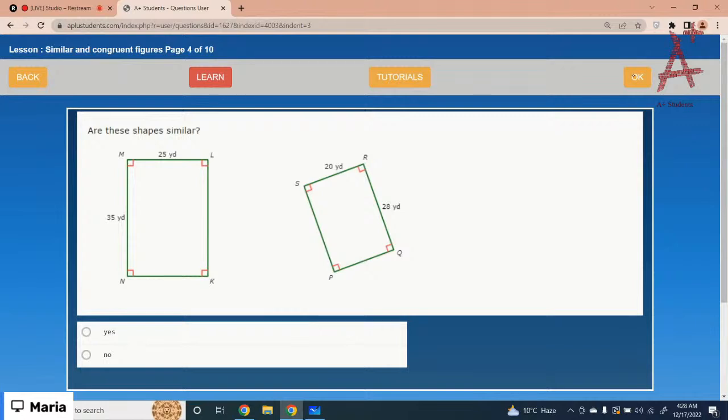Rectangles, opposite side lengths are the same. So if you form the corresponding of these sides, the shorter ones are 25 by 20, and the longer ones are 35 by 20. Yes, it is similar. Got it? The answer is yes,